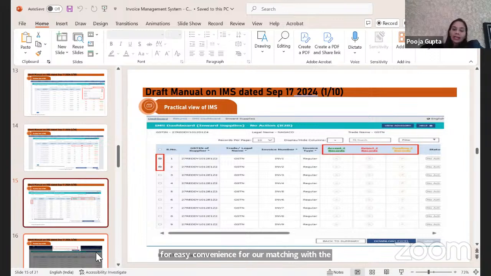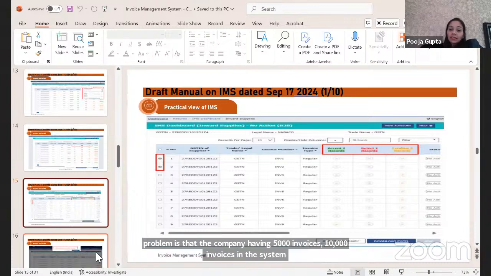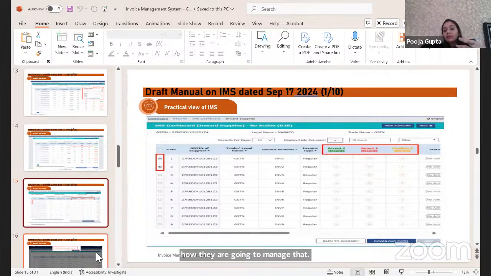But the problem is that a company having 5,000 invoices, 10,000 invoices in the system, how are they going to manage that? They were saying that we will download the Excel, put the comments in that Excel and then upload it. But this uploading functionality is not applicable as of now on the IMS dashboard, but it will be released soon, because companies having 10,000 invoices, 20,000 invoices per month are